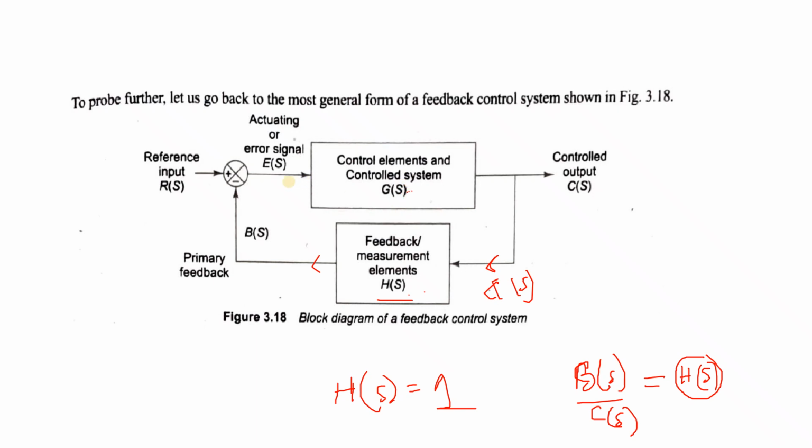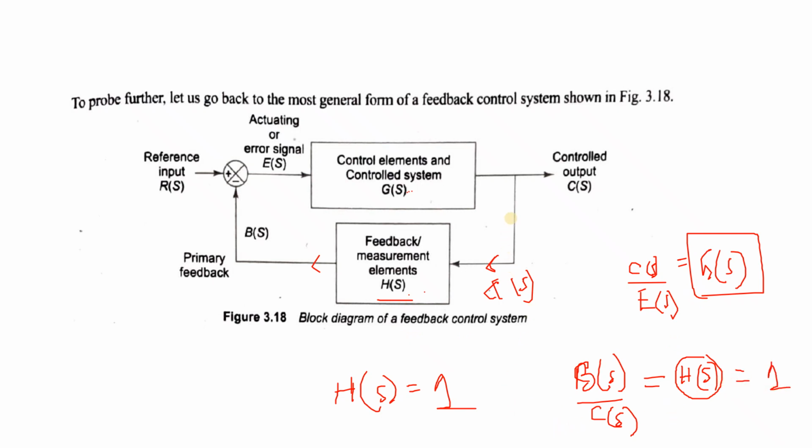So every block has a transfer function. You can remember I have told you in the beginning of the class. So obviously here the transfer function Gs will be Cs by Es equals Gs. So this is the basic concept, that every block has an input and output. So output in the S domain by input in S domain will give you the transfer function of that particular block. As simple as that.